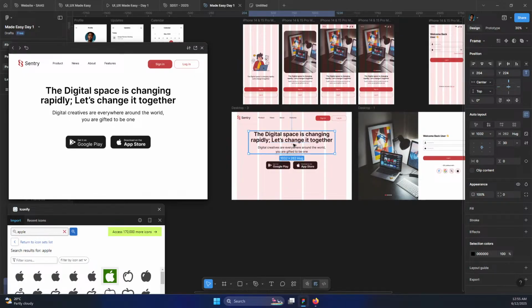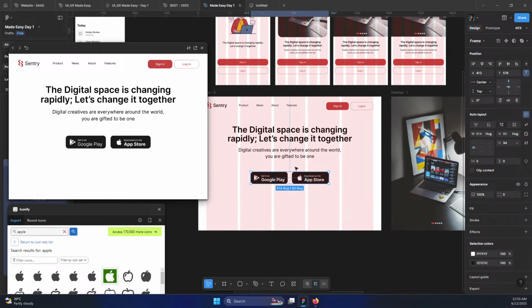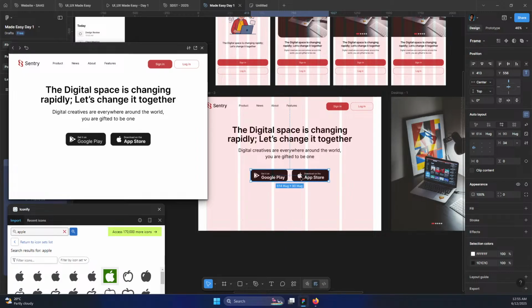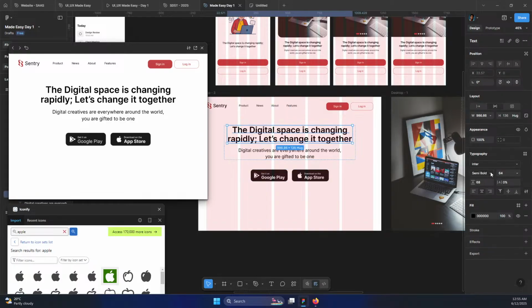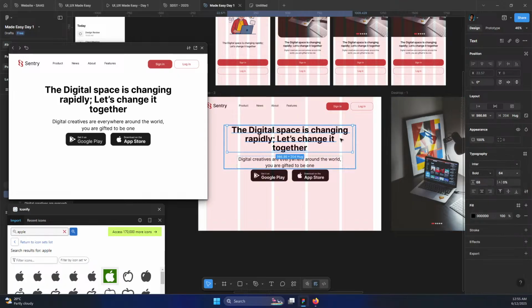which is already fixed right here. So you have your hero section right here, and then you have your WhatsApp and the rest. Download from App Store and Google Play right here. And what you do next is that you just adjust a few things. You can come here and say, okay, you want this one to be bolder. You say, okay, you want it to be bold. You can change to bold, and